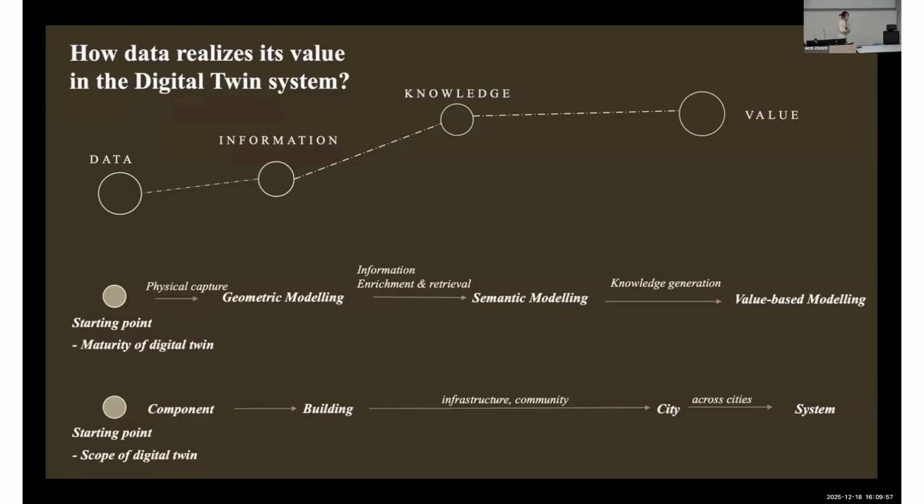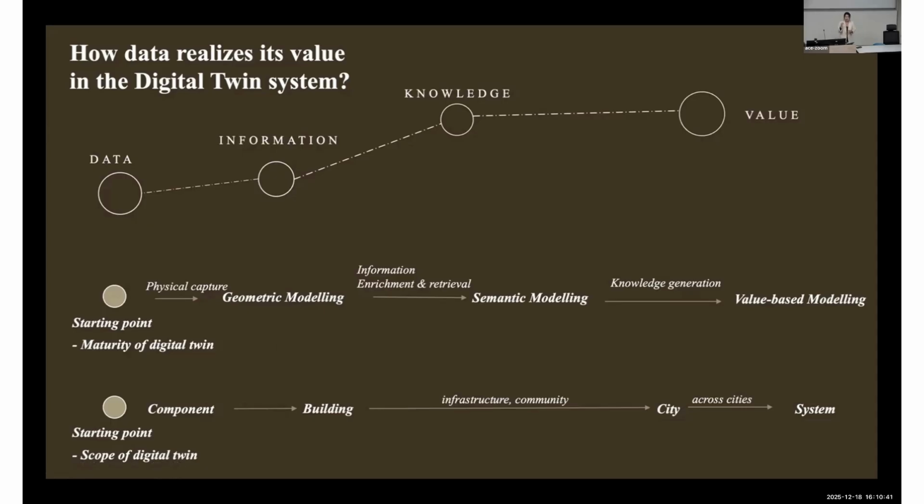So in my opinion, with digital twin we have a lot of data inside, but I want to decompose it into two dimensions. The first is the maturity of digital twin, and the second is the scope of digital twin. As you just mentioned, a digital twin is a model, right? I think you can treat it as a model. That is because of what you want from this model. It can also be a decision-making tool, and it can also be a visualization tool. That is related to the maturity of the digital twin, in my opinion.